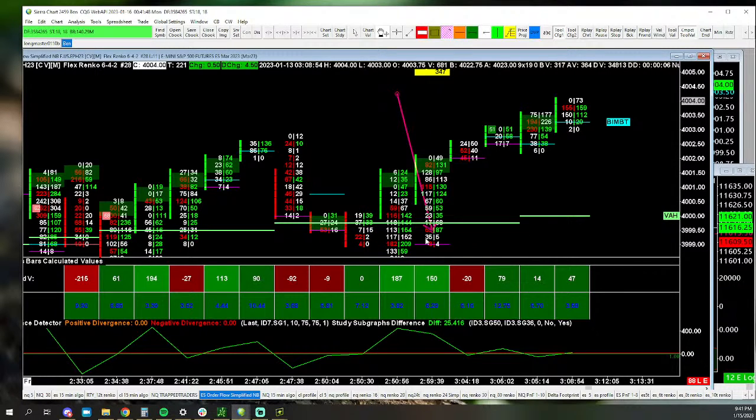So here, for instance, this bar here closed at the top, right? And you can see if you look diagonally that we were building volume as price was rising, right? So that is generally a sign of strength. If it's coming out of a support, seeing it build as it rises on any time frame is generally a sign of some strength in buying.